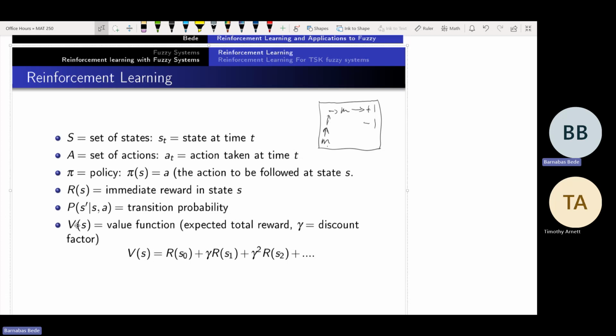In many situations, the agent does what we make him do. So in that case, these probabilities are non-zero. But imagine this